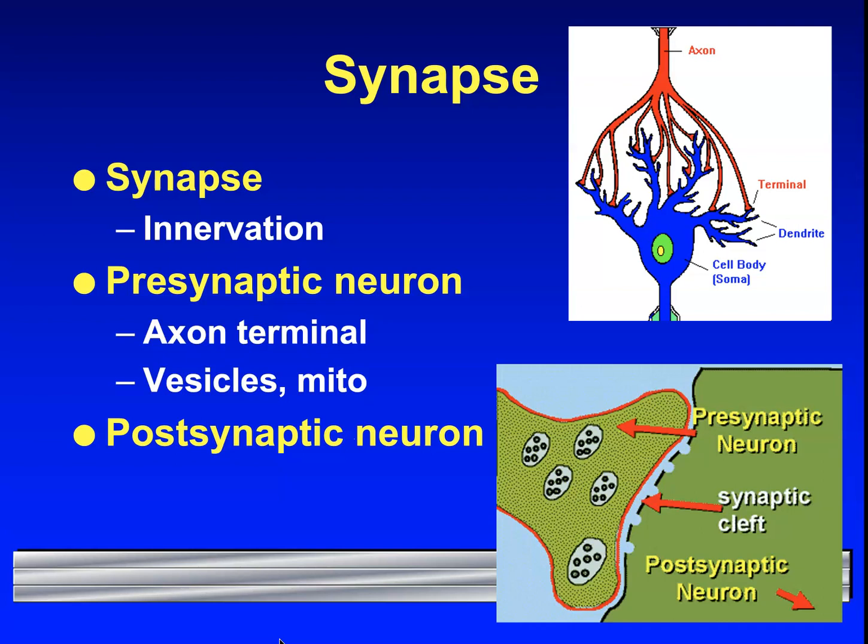Synapse is where one neuron influences another neuron. It's the space between them. And when we say one neuron influences another, we often say it innervates. So when you hear me say the word it innervates, innervation, that is when this neuron here is influencing this